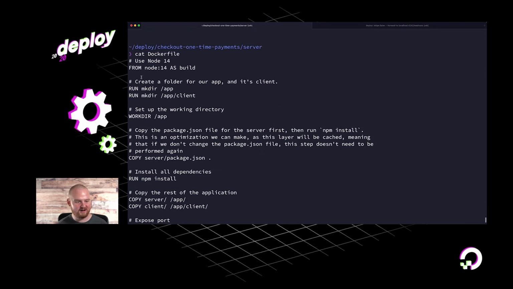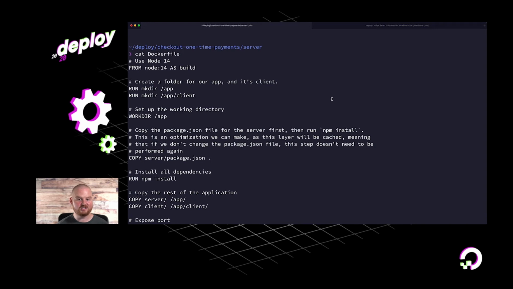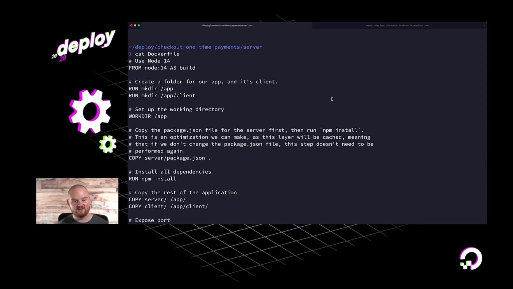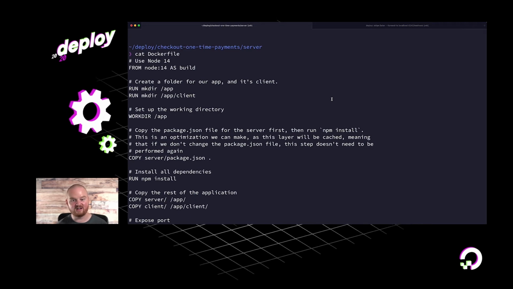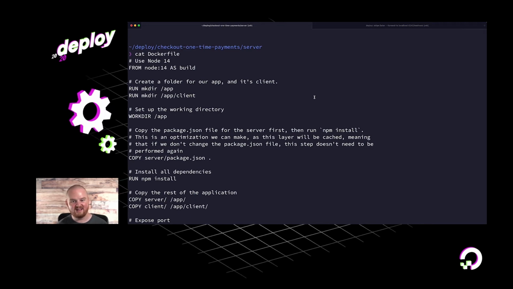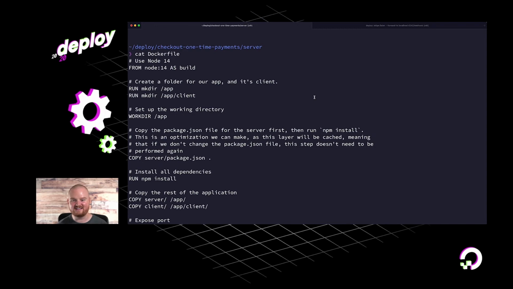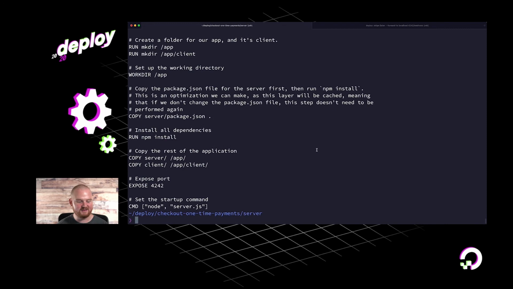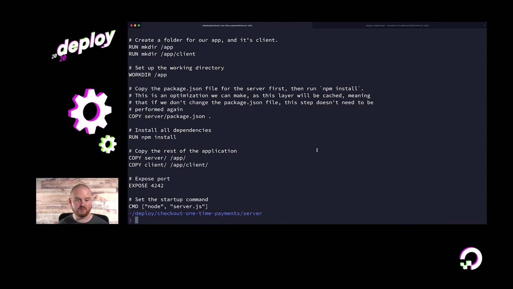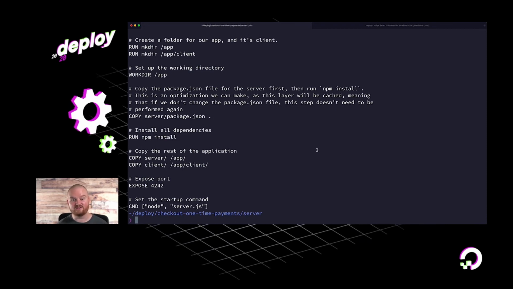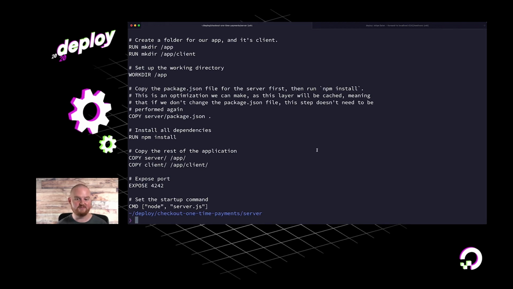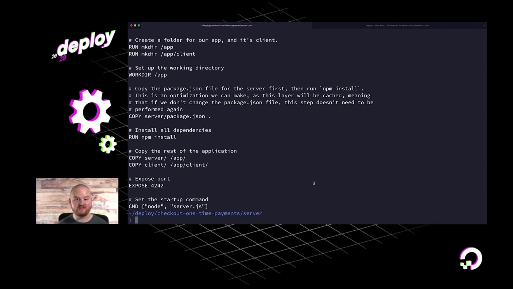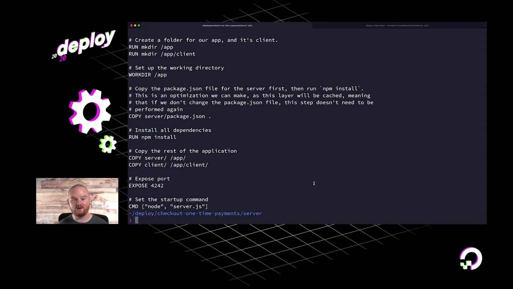Okay, so here, the FROM instruction is initializing a new build stage and sets the base image to node 14, and then next we're gonna create some application directories and install dependencies, and then copy the code from the sample into those directories that play nicely in production. Next, we expose 4242 as the port where the server will run, and then finally we set up the startup command here at the bottom. All right, so the next bit here is to create a webhook endpoint.